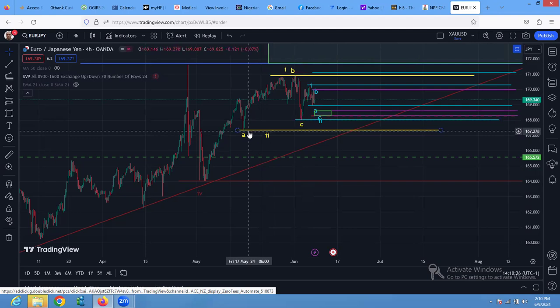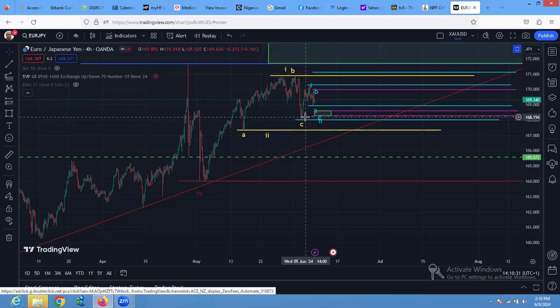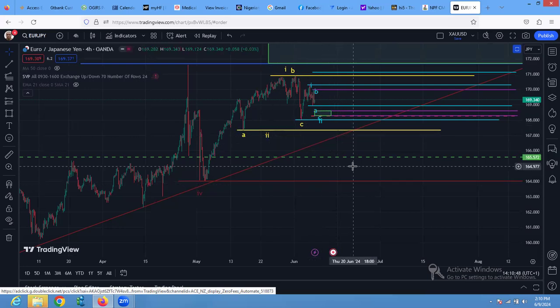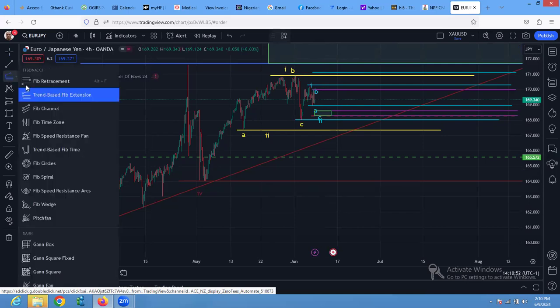If this one is a B and this one is an A and this one is a B, it means that they can make this in itself an A to the downside here, B, and a C that will break here. Because these are still areas of liquidity for this yellow 2 to come to. So once this is an area, this one will stop being a 2